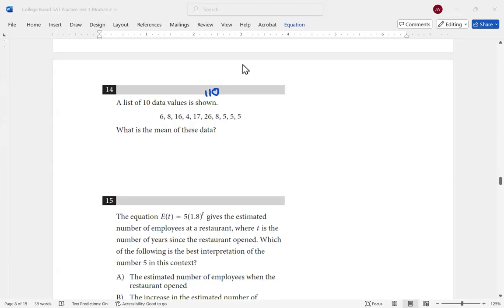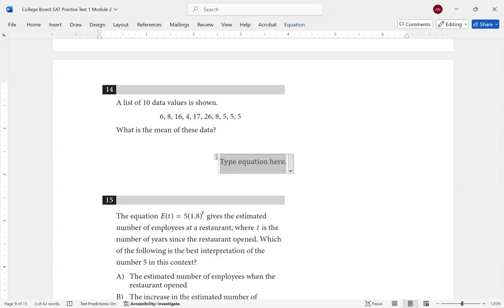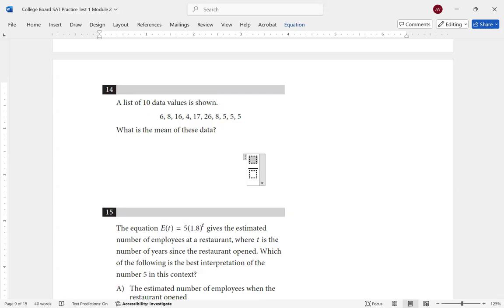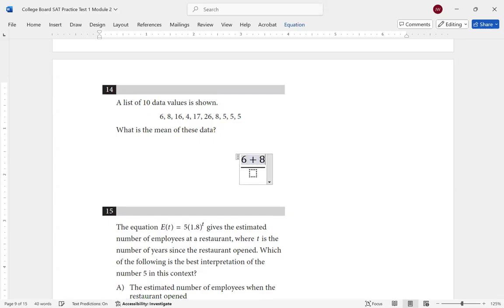Let's take a look at problem 14. Oh, I got my clear that drawing. It says a list of 10 data values is shown. What is the mean of these data? So we need to understand what the average or the mean is. That's where we add up all the numbers and then divide by the number of values in our data set. So we'd add up